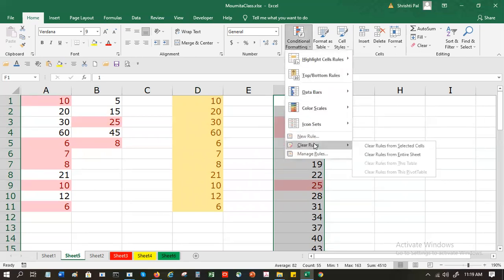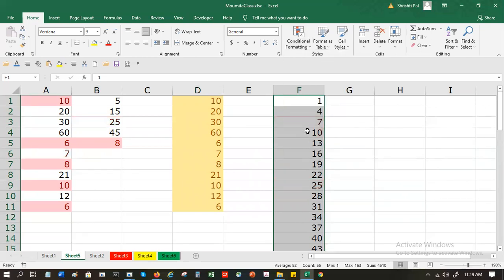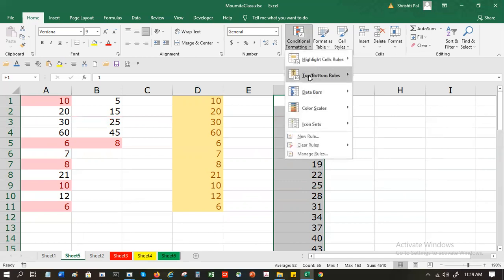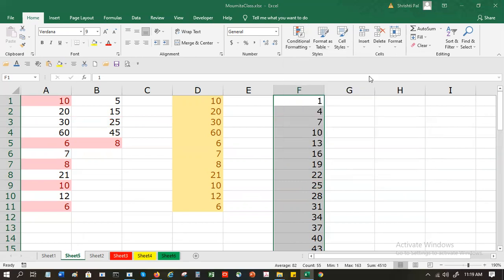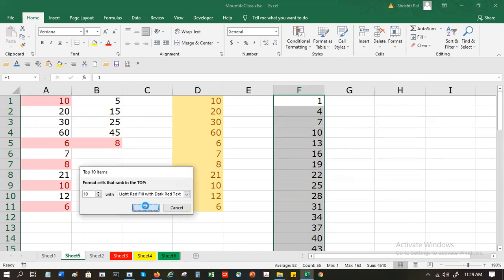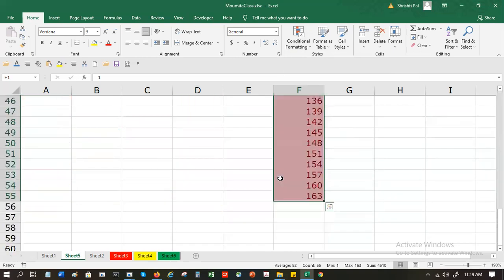I'm clearing these. And then I want to highlight the top 10 items with red color. Only the 10 items will be highlighted. Now they are in an order, that's why it's easier to do it. Means we can easily spot it.